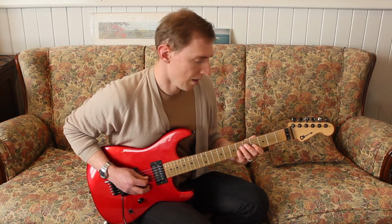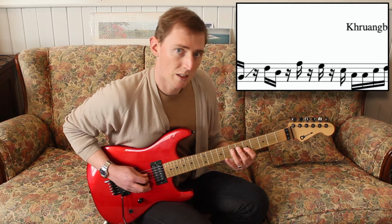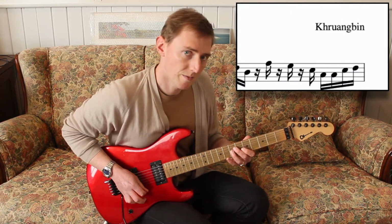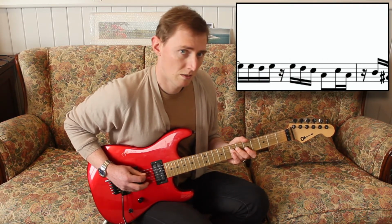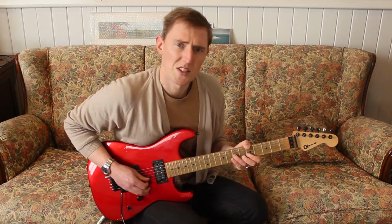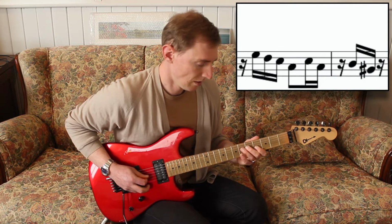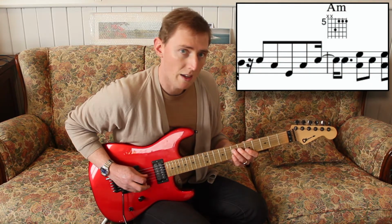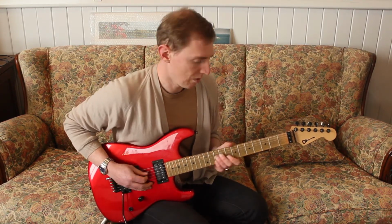Then into the next bar we have B, G sharp, D, B, F, E, C, A, with the lead in again into the first phrase on the 4, E and A. So the first half of the lick sounds like. Then the second half of the lick does more or less the same thing. Then it changes here. We do the C, A, E, A, C, being the downbeat of the next bar, the start of the verse. So the whole lick together would sound like